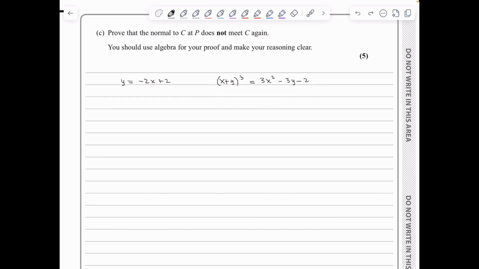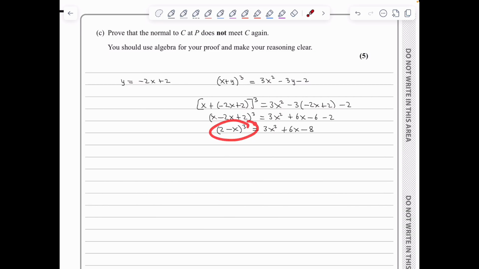So we're looking at x plus (-2x + 2) cubed, and this is equal to 3x squared minus 3 times (-2x + 2) minus 2. I will proceed by expanding the bracket here, so we're looking at (x - 2x + 2) cubed being equal to 3x squared plus 6x minus 6 minus 2. So we're looking at (2 - x) cubed being equal to 3x squared plus 6x minus 8. I will then expand the (2 - x) cubed, and I can use the binomial